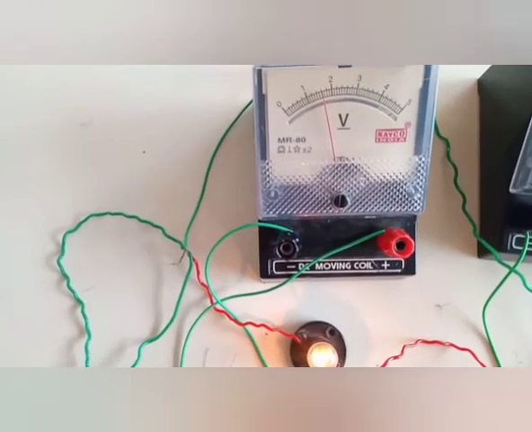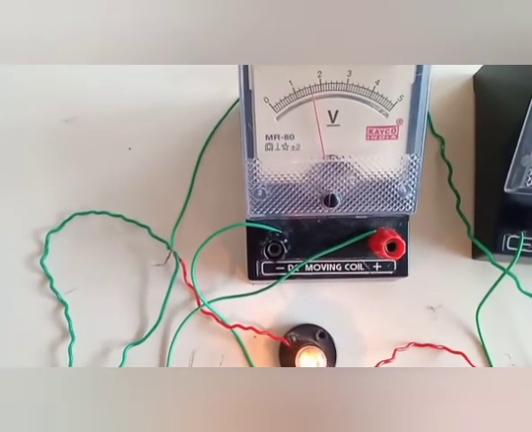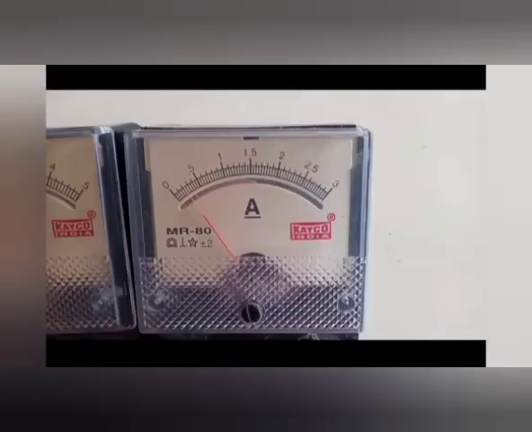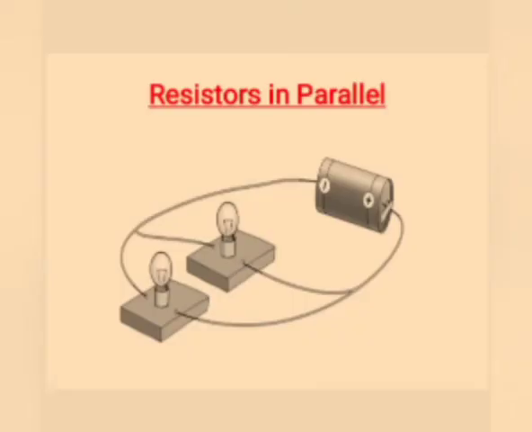Find the total current through the 3 bulbs, resistors. Current through each resistor is 0.2 ampere. There are 3 resistors, so the total current is 0.2 ampere plus 0.2 ampere plus 0.2 ampere is equal to 0.6 ampere. A parallel circuit divides the current through the electrical gadgets. Look at the circuit as shown in the screen. In a parallel circuit, the total resistance is less.